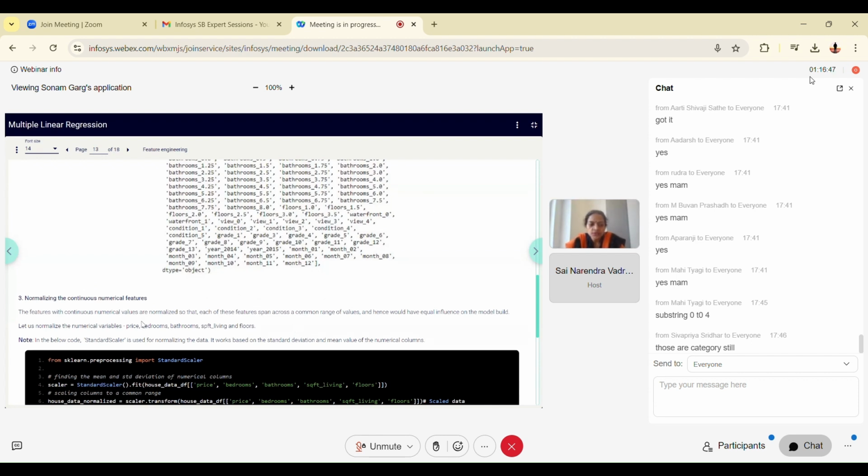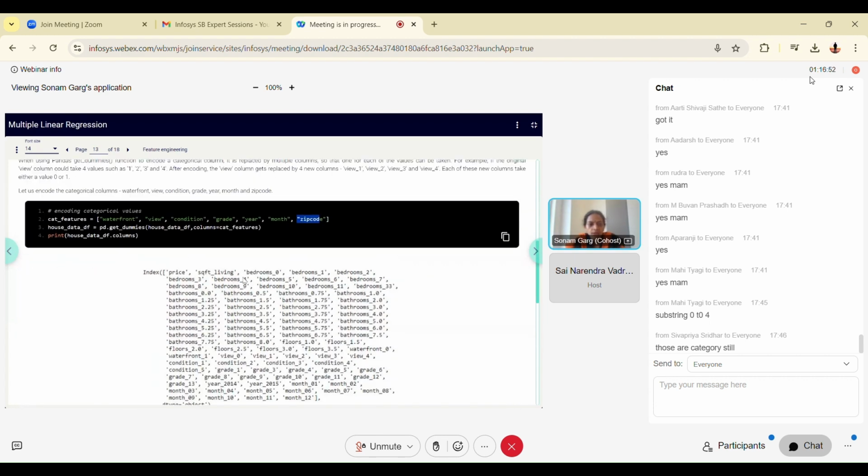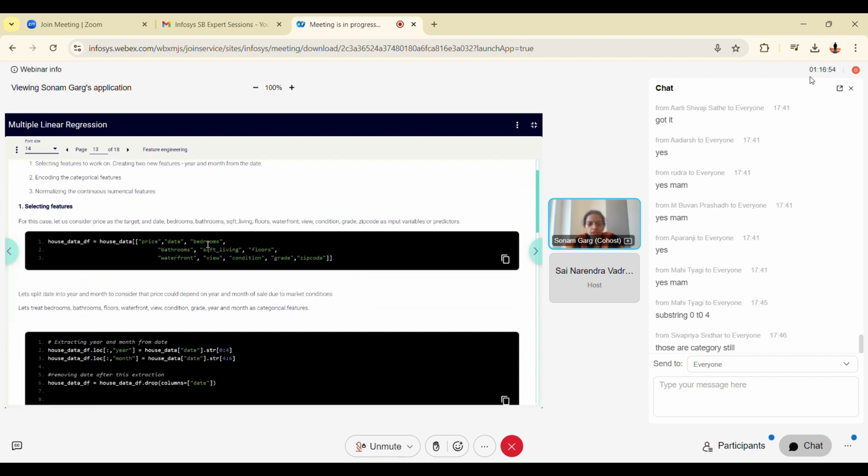Okay, next, what we have to do here is, see, if I have a price column, these are my variables: number of bedrooms, 1 bedroom, 2 bedroom, 3 bedroom, or if I talk about grade, there can be difference in the scale of numerical values. Let's say number of bedrooms is in the range of 1 to 5. Grade might be 1 to 100. Zip code might be 1 to 10,000. These values differ in their numerical range.